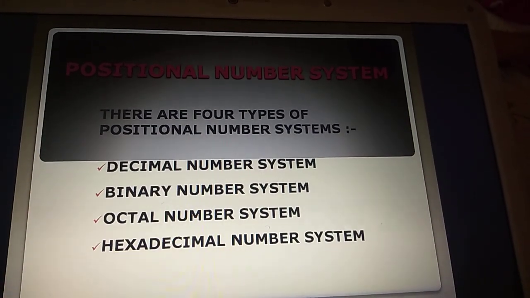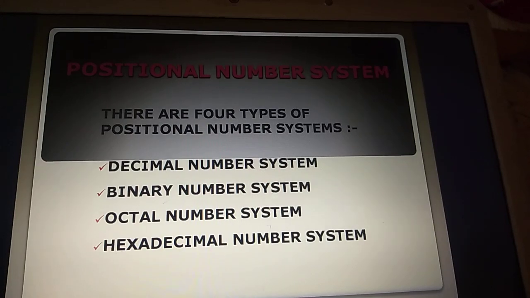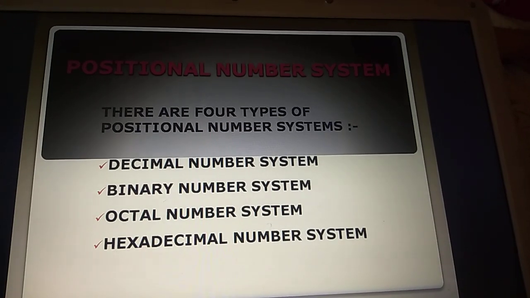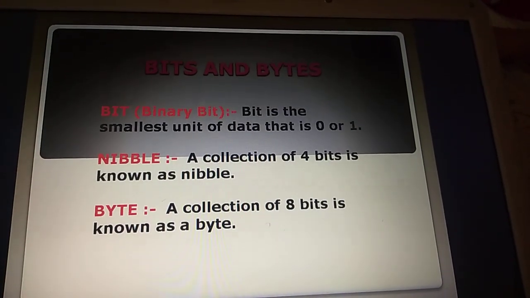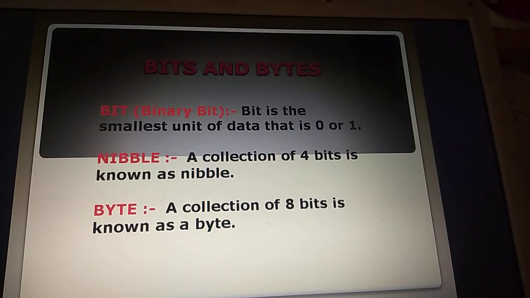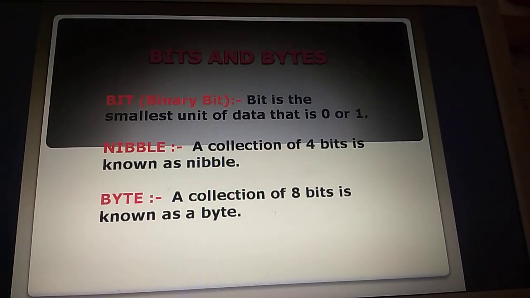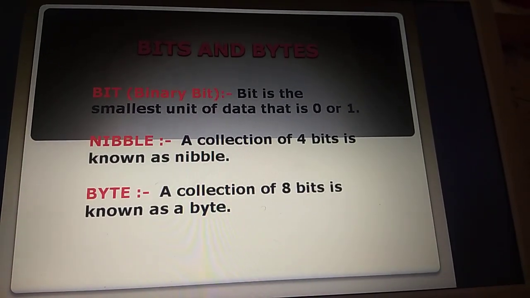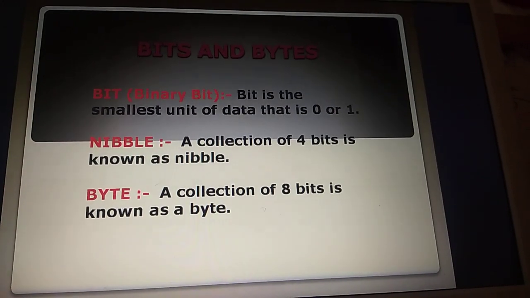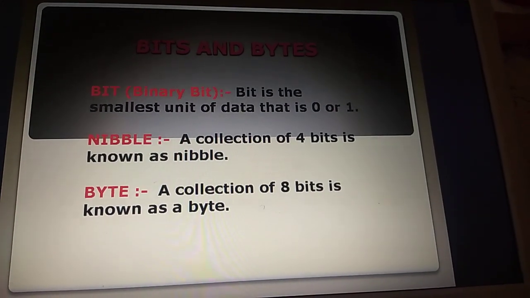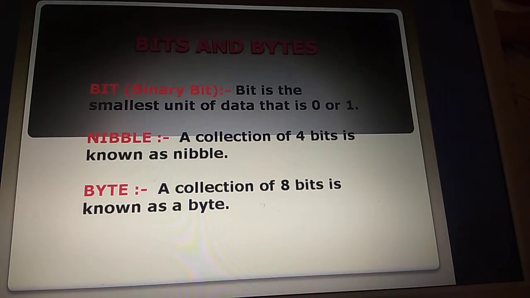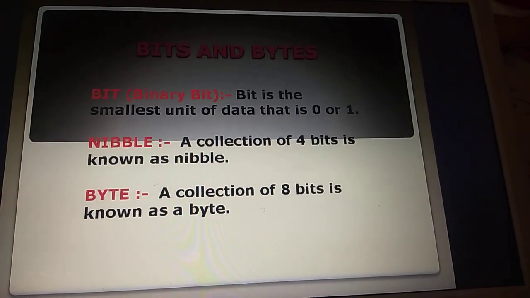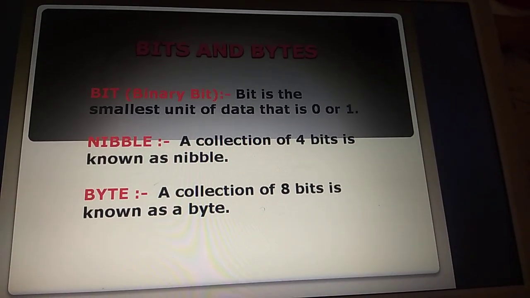Students, I have explained this in the previous video. To continue that, today I will tell you how the data is represented in our computer. I told you that the computer stores your data or information or any number in the form of different codes which are represented by either 0 or 1. These zeros or ones are known as a bit or a binary bit. It is the smallest unit of data.